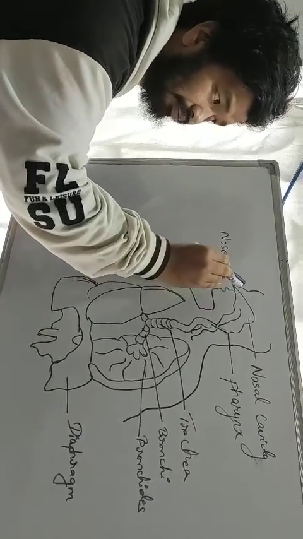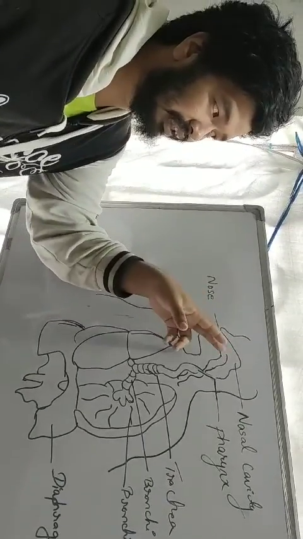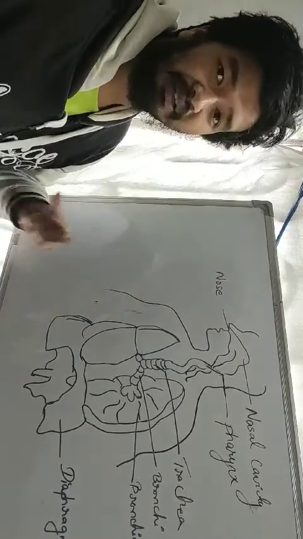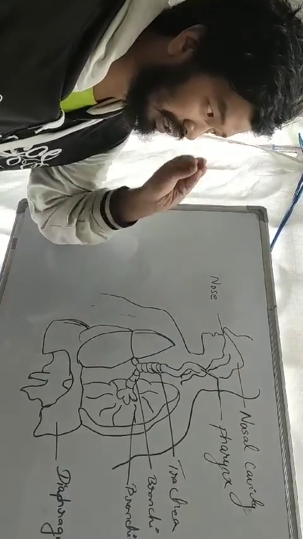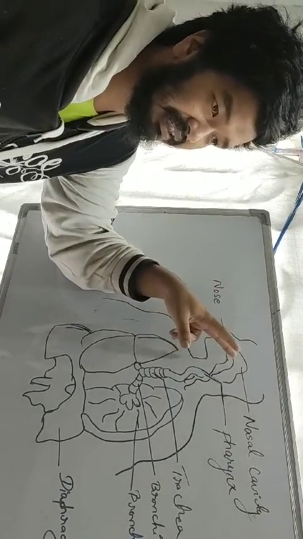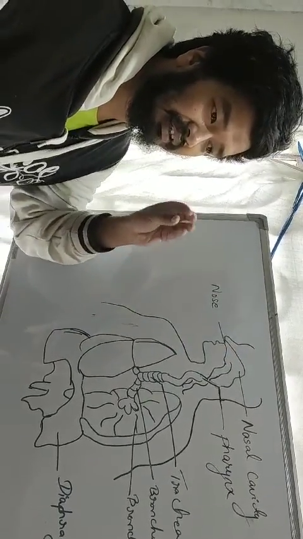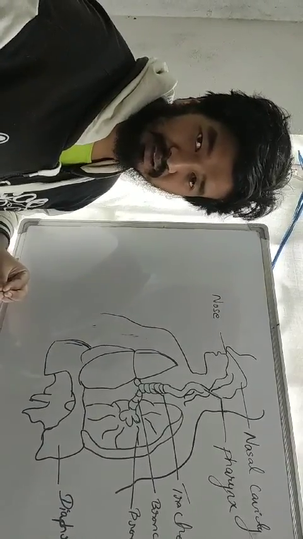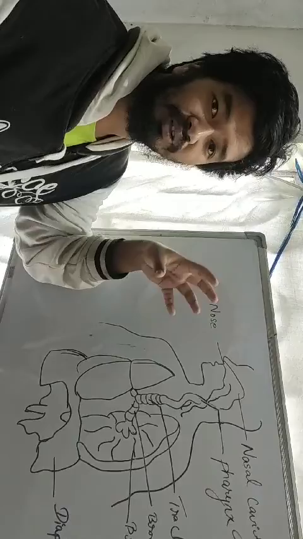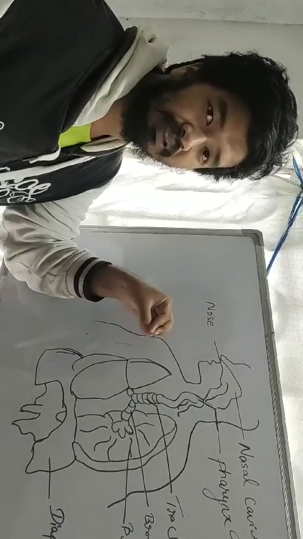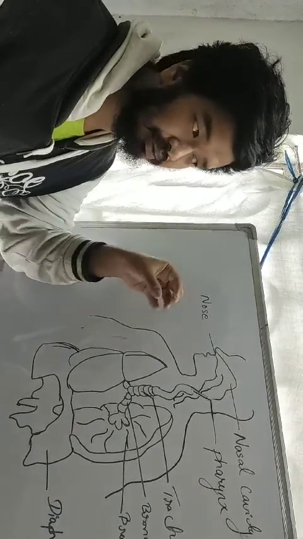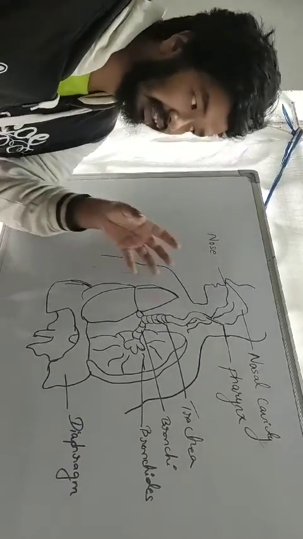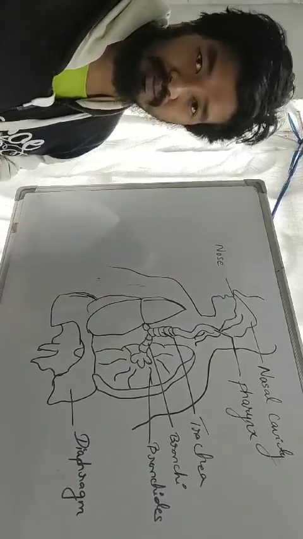Then the air passes on. There are some blood capillaries in your nasal cavity through which the air becomes warm. It's also good to know that in some areas inside the nose you have a compound known as mucus. That mucus is also able to trap all the germs and bacteria. That's why during a fever you cough and throw out all the mucus. That's the function of the mucus: it will trap all the germs.